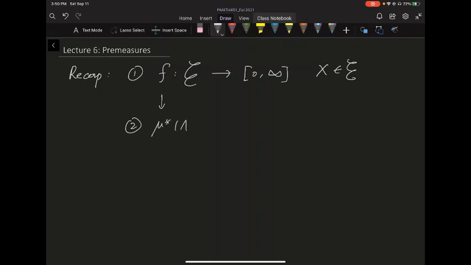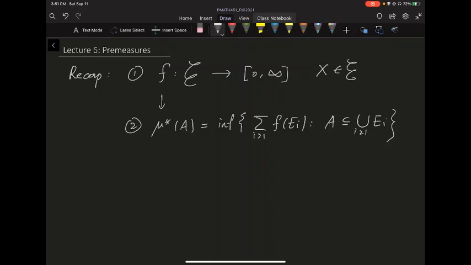So the outer measure is defined on any subset of X by using the infimum over the covers, not the open cover, but the E cover basically. So you have the summation of f of E_i, where A is covered by the union of E_i. I is countable here. All right, so there we showed that this mu star is always an outer measure, but